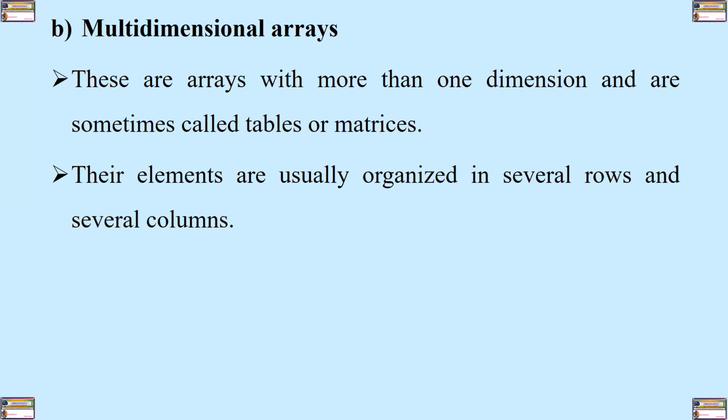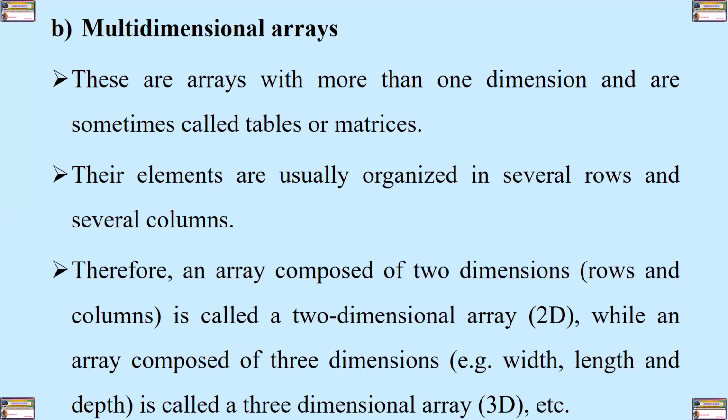Their elements are usually organized in several rows and several columns, and that's what differentiates multidimensional arrays from a one-dimensional array. Therefore, an array composed of 2 dimensions, that is rows and columns, is called a 2-dimensional array,